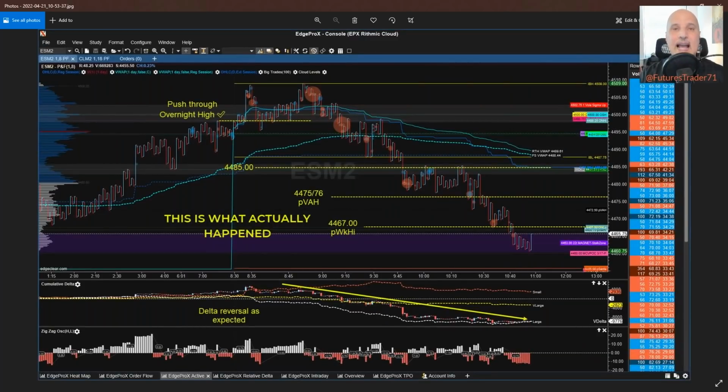This here is actual. This is today. So the overnight high is right there, 98.25. It's got that dashed line in the top left corner. It says push through overnight high. Boom. We opened. You see where that vertical cyan line is? 8:30. I'm in Chicago. The market opens at 8:30, and it pushes to